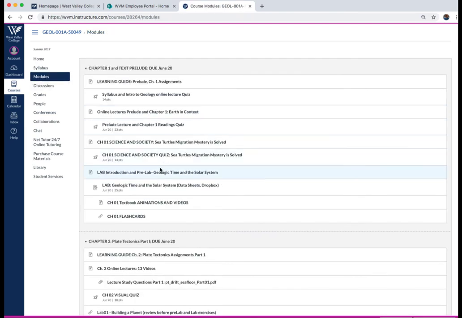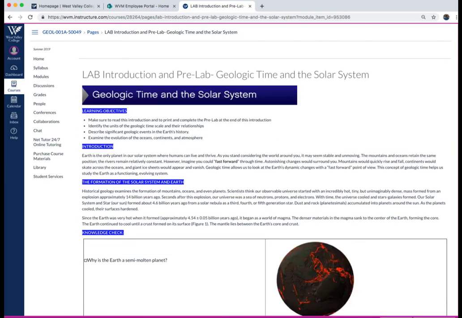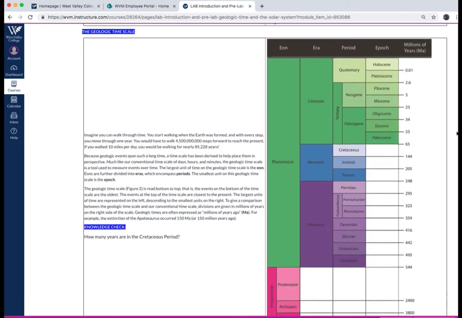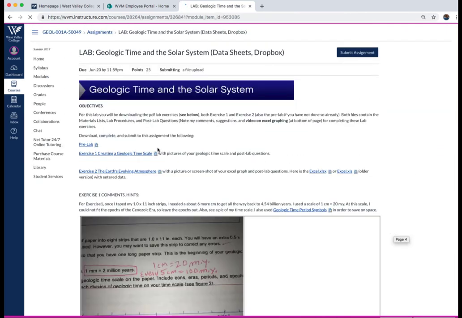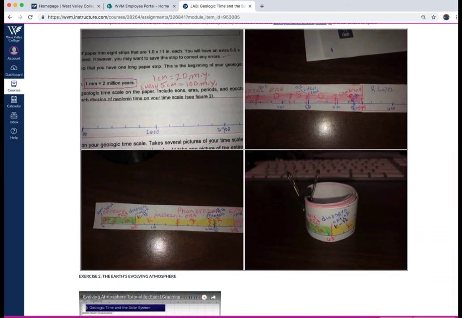So when you look at the labs, in fact, the first lab's a little bit different in that I kind of compiled some material that I want you to read through on geologic time in the solar system. It kind of talks about how Earth formed. Some materials that I want you to download: this pre-lab, this exercise 1 on creating the geologic time scale, and then this evolving atmosphere. And I have some pictures of how I want you to do the lab in here,